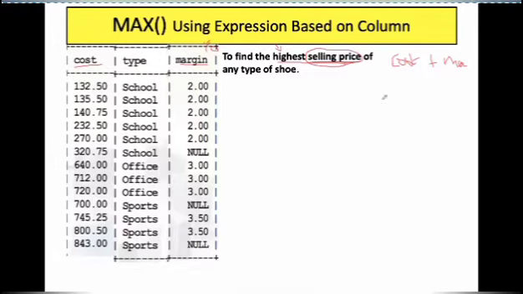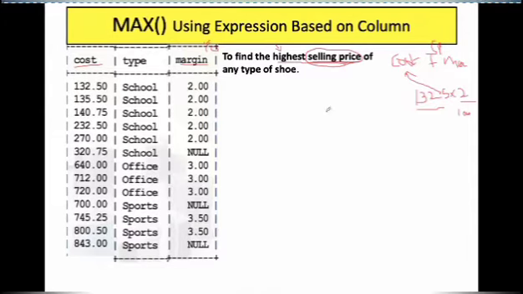This is just an example I am giving you. 132.5 into 2, since it is given in percent, 2 by 100. So this will be the margin in rupees, 2% of 132.5. This value will be added to the cost and you will get the selling price.